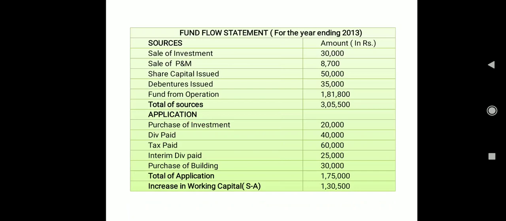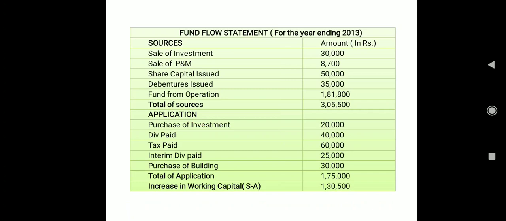Okay, now moving towards the application. So for which your fund has gone out of your pocket. So very first thing, purchase. Whenever we are going to purchase something, definitely we have to make the payment, that means fund will go outside. Dividend paid, whenever we are paying something in exactly cash terms, then that means again the fund is going outside. And one more thing, keep in your mind, under fund flow statement, sources and application, we used to enter only those things through which we are actually receiving or paying the actual cash. So don't get confused with your non-cash and cash here. Here we are taking all the cash ones.